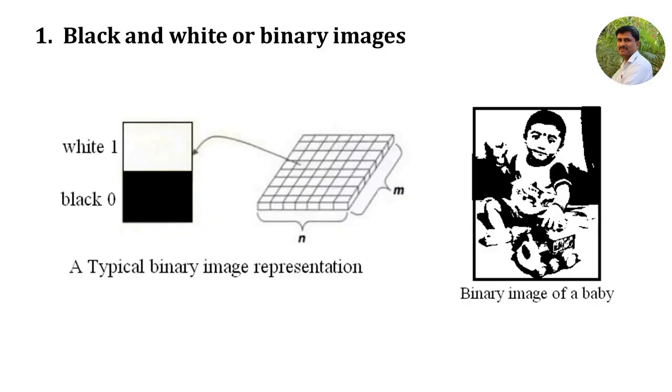A binary image is a digital image that has only two possible values for each pixel. Typically, the two colors used are black and white. However, any two colors can be used to represent a pixel in the binary image. This type of image requires only one bit per pixel, either 0 or 1. Typically, black is represented by 0 and white is represented by 1. However, the notation is device dependent.